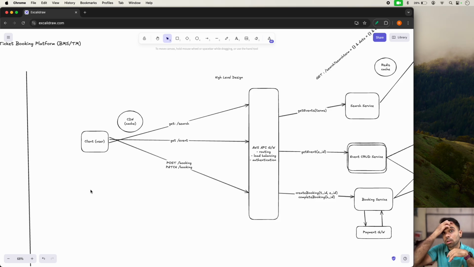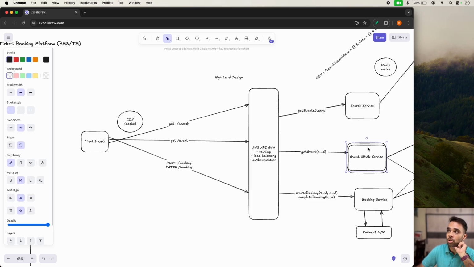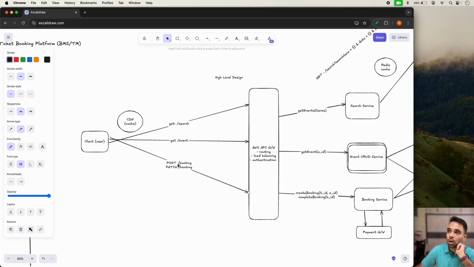So there's a huge supply mismatch, and a way to handle that is either we scale the system horizontally well in advance, or we have a queue in place, something like a virtual waiting queue, and it takes care of all the users hitting the system by putting them in the queue,